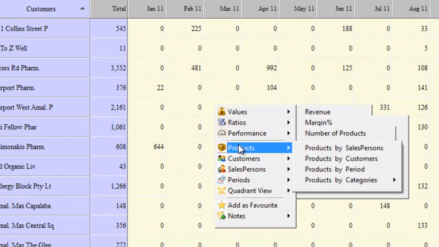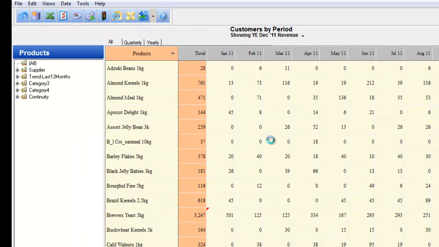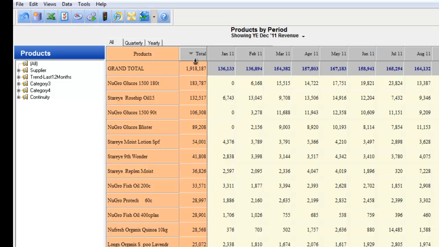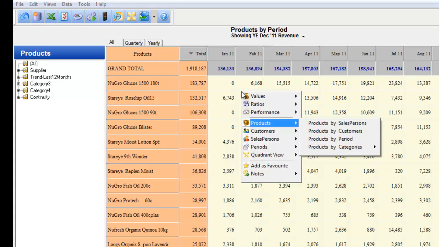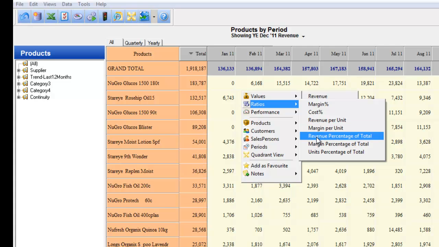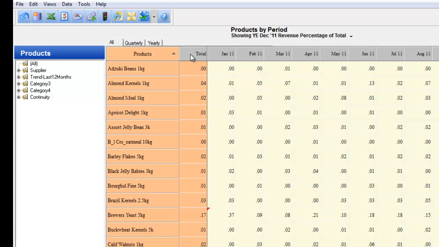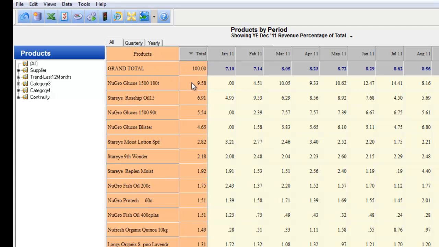We'll move straight into our products by period so we can identify which are our high volume products. And we see the one product that is high volume is our Nugro Glucose 1500 180T. In fact, we can quickly get a feel for this and identify that this Nugro Glucose is nearly 10% of our total revenue. So we know this is a fairly significant product. What we want to do is understand how effective we are at pricing our fairly significant product items within